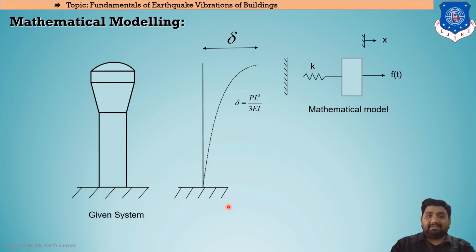So this will be the rigid surface. Rigid surface will always be represented in this way. Our mass will be concentrated at this level. Clear? So this will be our mass M, and it is connected via a support which will be acting as a stiffener. So this support, we will denote in a spring-mass model in the form of a spring. Clear? So this will be our column support, which will be acting as a stiffener, having the stiffness value K. Now we will assume it to be moving in the x direction. So this is the horizontal direction after applying the force F of t. So this is the mathematical modeling.